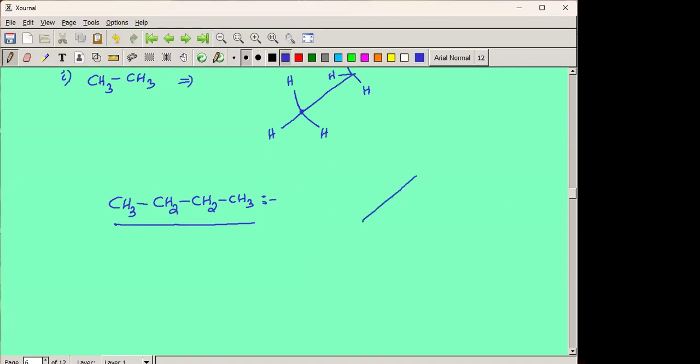So this is the representation of n-butane. This is a carbon atom. Here this is a methyl group. This is hydrogen and hydrogen. So here this is a methyl group,